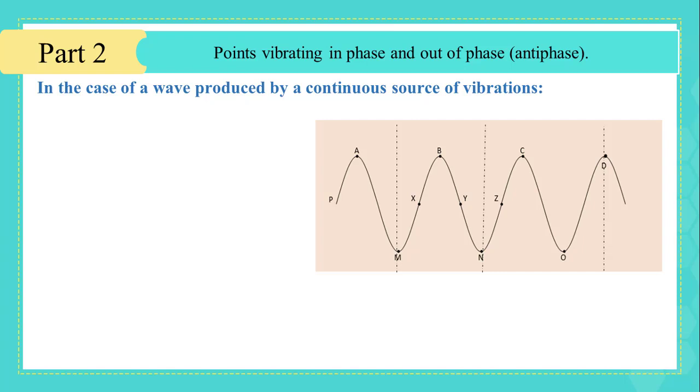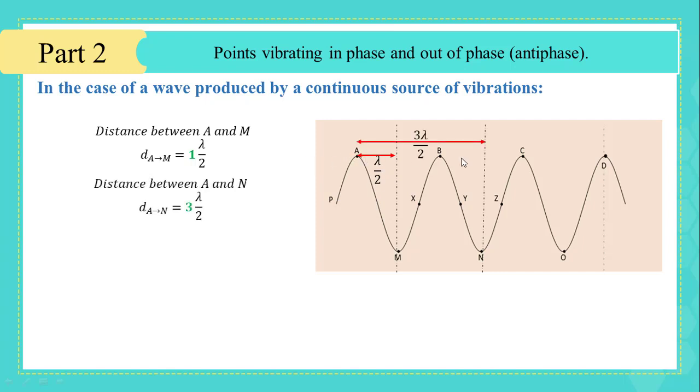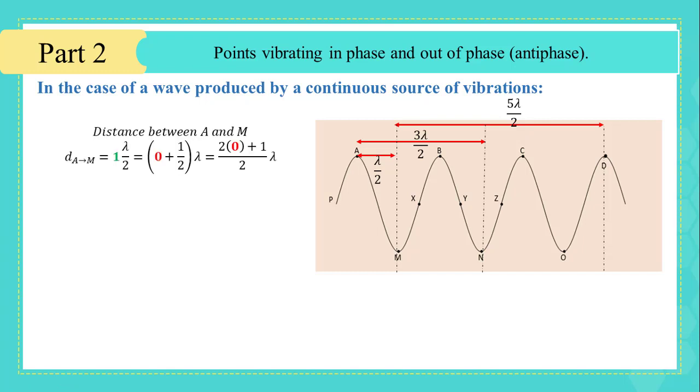Let's take the distance between some points which are out of phase. For example, A and M. The distance between them is half lambda. The distance between A and N is 3/2 of lambda, or 3 lambda divided by 2. The distance between M and D is 5 lambda divided by 2. Can we write these distances in another form? Of course, yes. We can say that